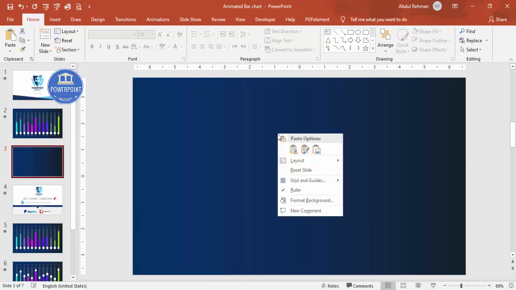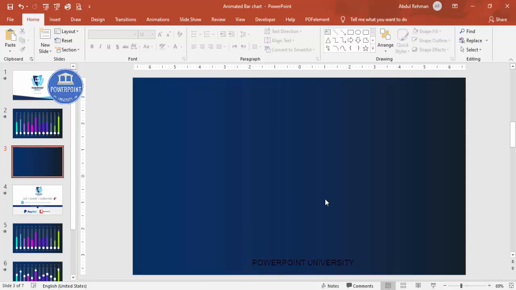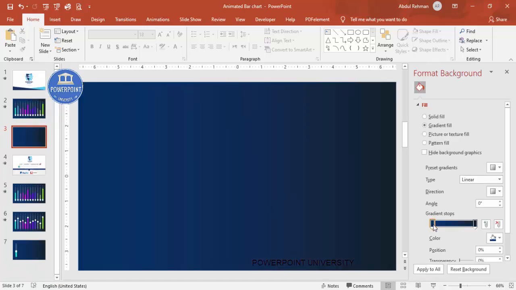You can see here I have added two colors. You can right mouse click, go to format background, and you can see here the two colors I have used. Okay, then go to insert